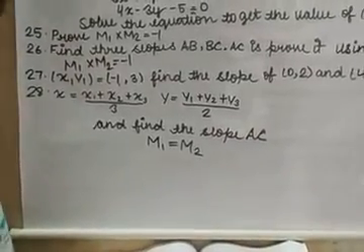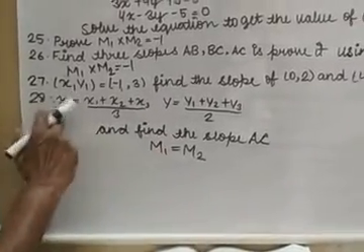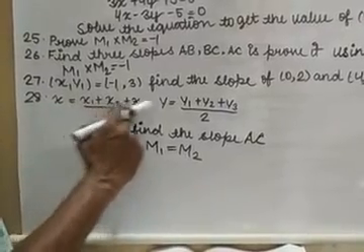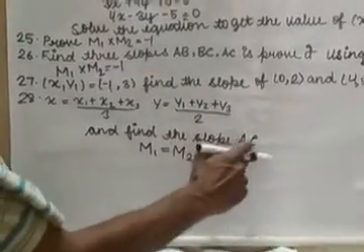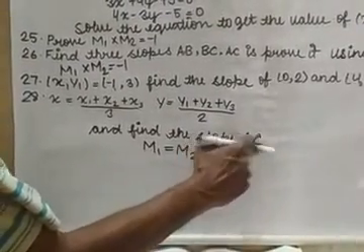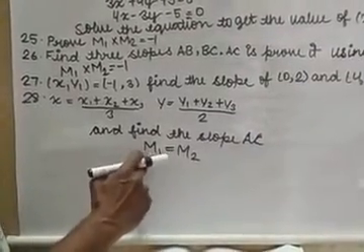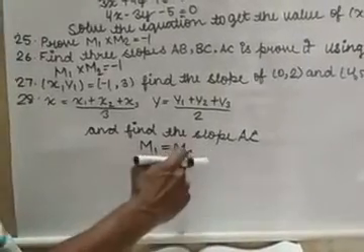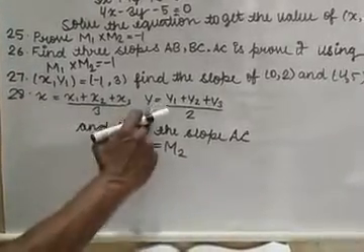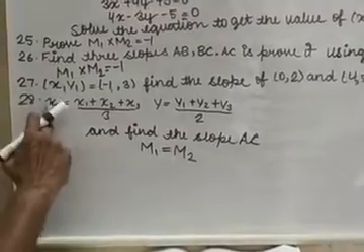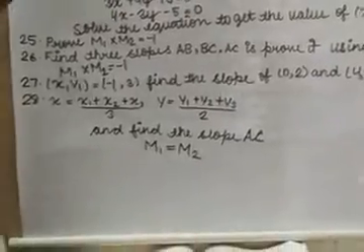In question number 28, A, B, C are the three vertices of a triangle. Find the coordinates of the centroid G. You will use this formula for the centroid: (x1 plus x2 plus x3) by 3, (y1 plus y2 plus y3) by 3, and find the slope of line AC. You have the coordinates of A as well as C, so you can easily find the slope of AC. Then m1 is equal to the slope of AC, and m2, as they are parallel to each other, is the same. From here you will get x1 and y1, and here you will get the m. So this will be used as x1, this as y1, and this as m. Okay, thank you.